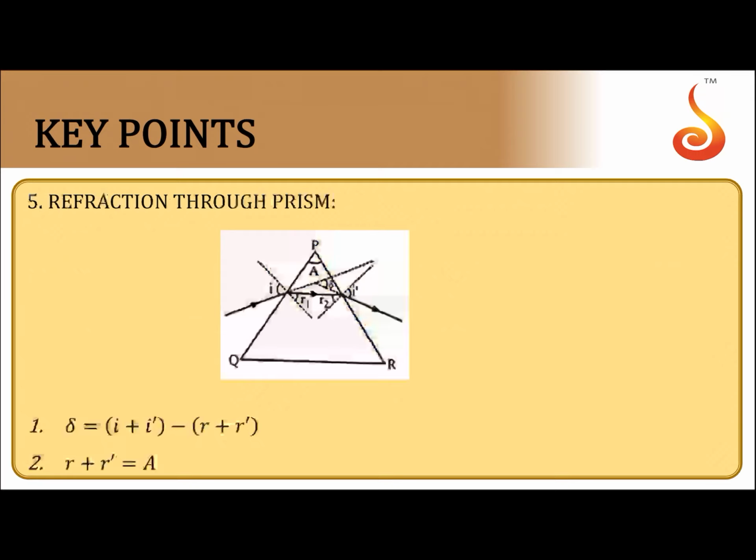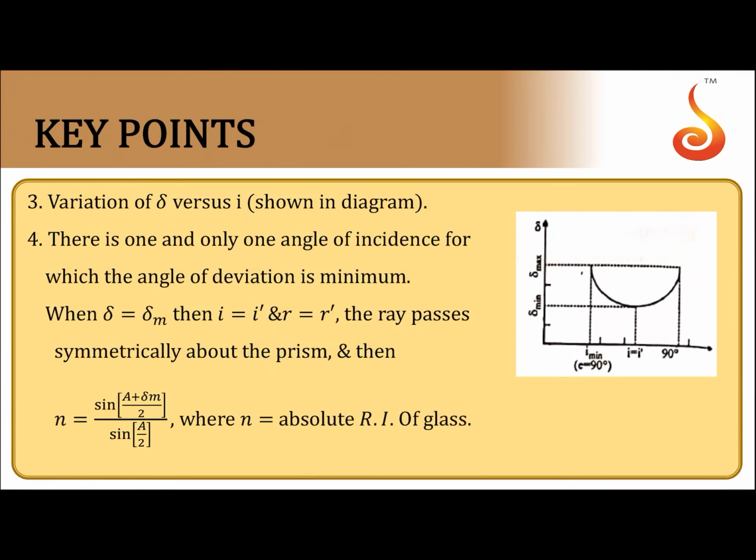We come to the prism. Here I is the angle of incidence and I dash is the angle of emergence through the prism. Del is the angle of deviation. For a prism, the angle of deviation is given by I plus I dash, that is, angle of incidence plus angle of emergence, minus R plus R dash, that is R1 plus R2, and R1 plus R2 is equal to A from the geometry of the figure. So del we can write as